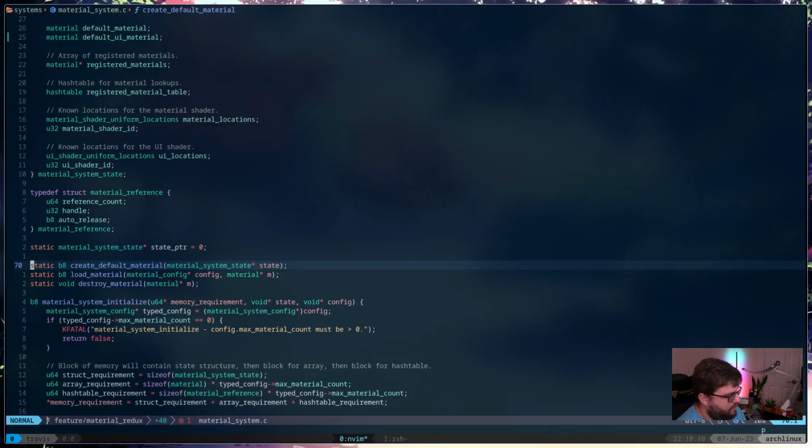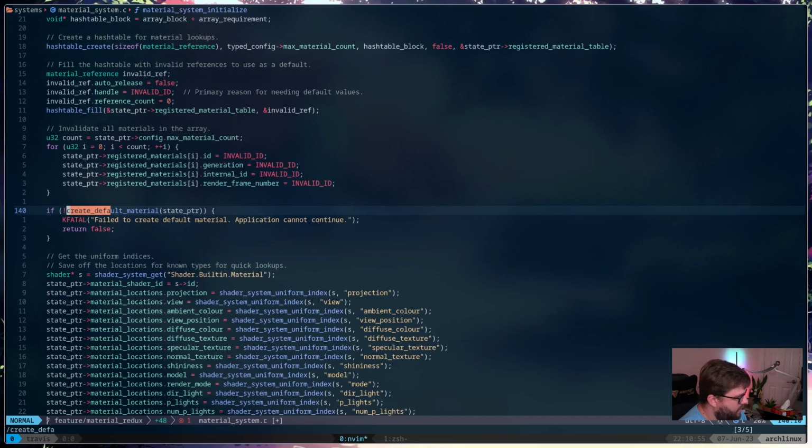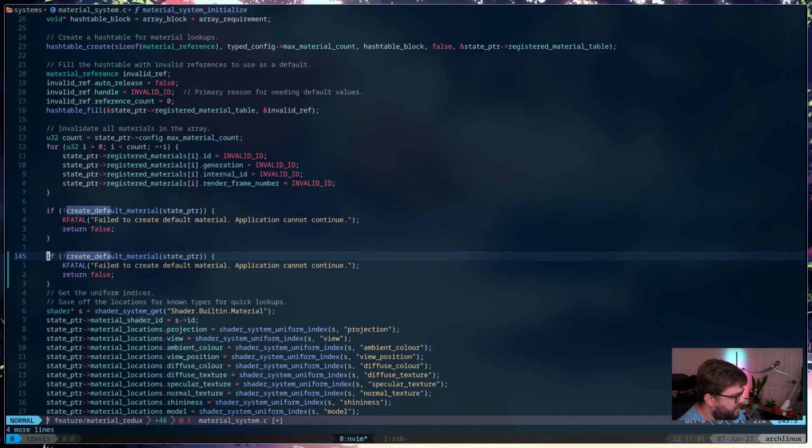So just say create default UI material. And where that's called, we're just going to duplicate that.